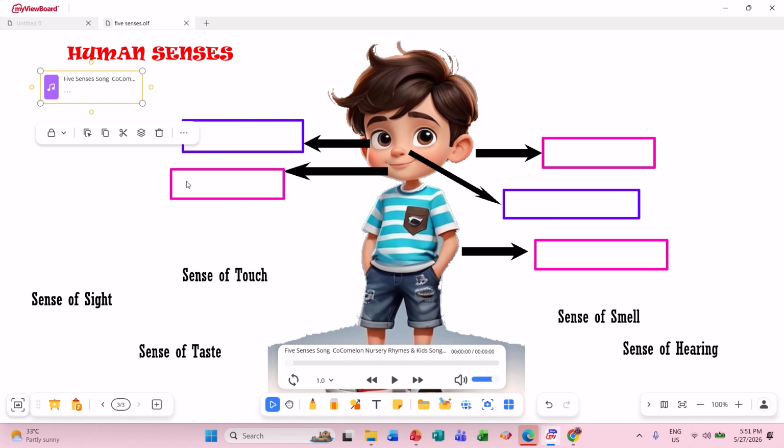Okay, that's right. Now you want to try to play the song. Let's go to the mode to play the song. Play the song.